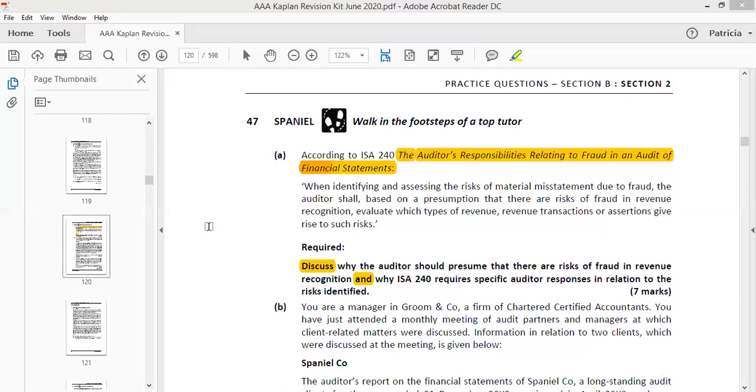So that is a reason why you can consider it as a high risk area. So in that situation, the auditor will have to be very, very skeptical on revenue recognition so that they can be able to apply the necessary audit procedures in order to detect any form of risk of material misstatement caused